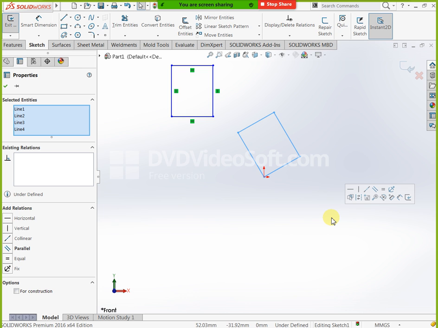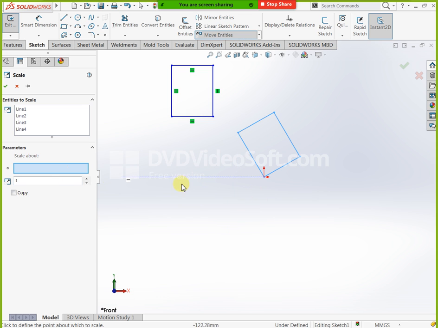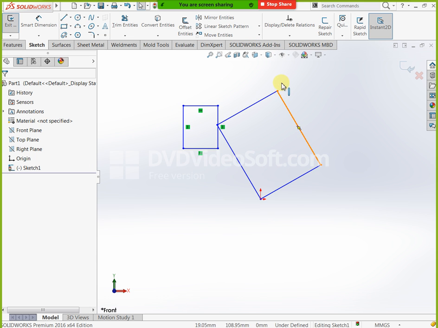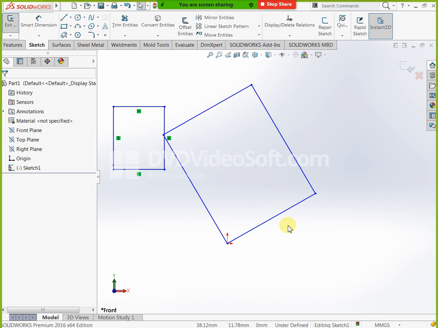Just see, now I need to use scale. Select scale and specify the base point here, and you can increase. Here we have one as the default. If you need to increase, you can mention 2. Increase it now, then you can click finish. Next, for example, I need the original item and at the same time a duplicate item. Whether that condition is applicable or not, we can check now.